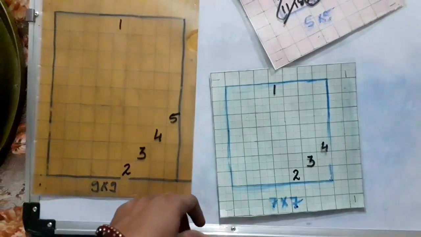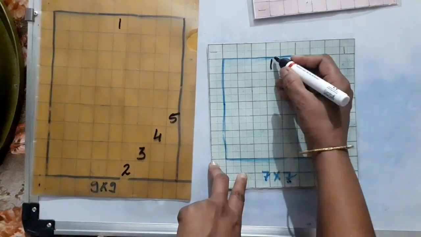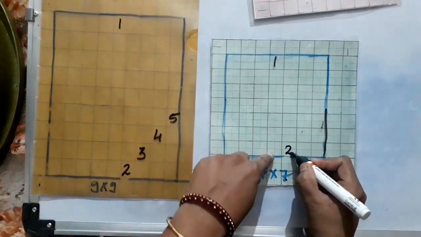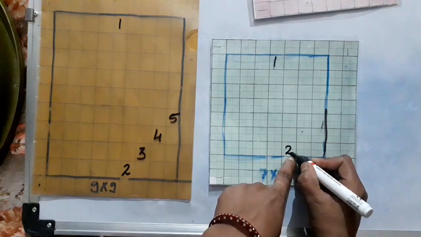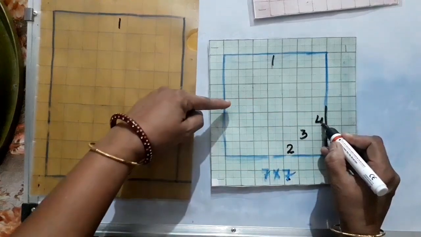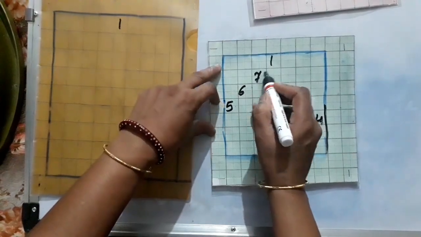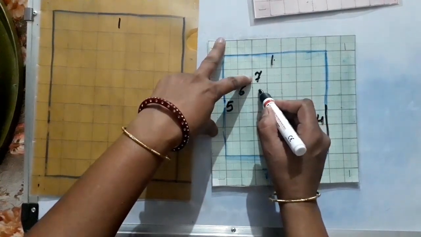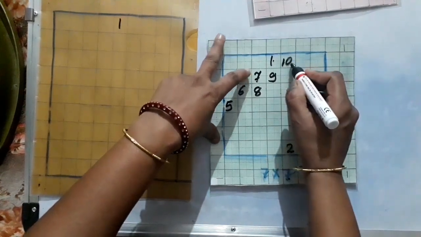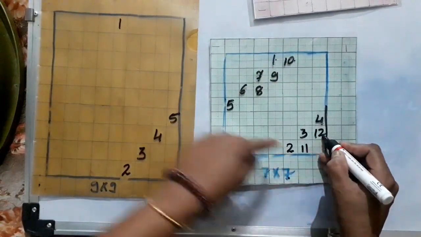First 7 by 7. So I have to start from the center, that is 1 here, then 2 on this side, 1 square on the right side where I have written 1. Move diagonal 3 and 4. Now this side, if 4 is here, 5 I need to write here, 5, 6, 7, no space here. So 1 square down I have to come, 8 and move diagonal 9 and 10. Now when 10 is here, 11 should be here, then 12, then 12 is here, so 13 I need to write here.